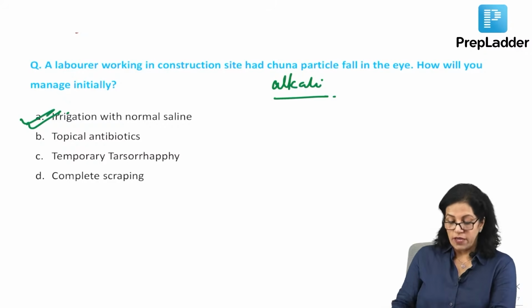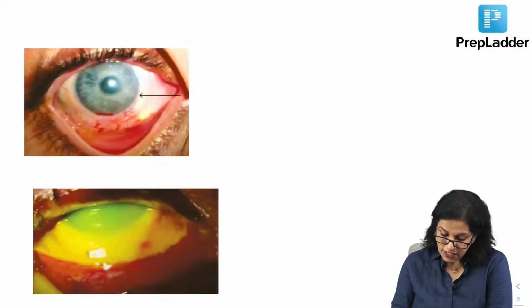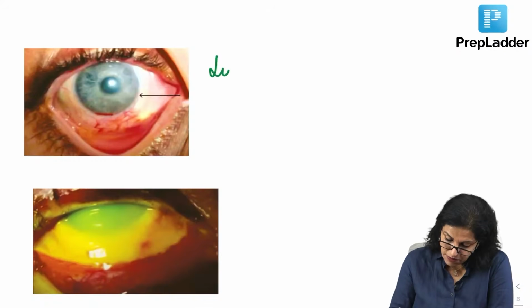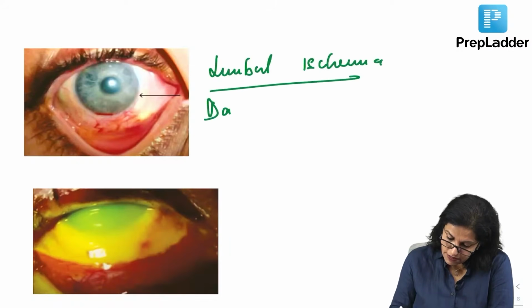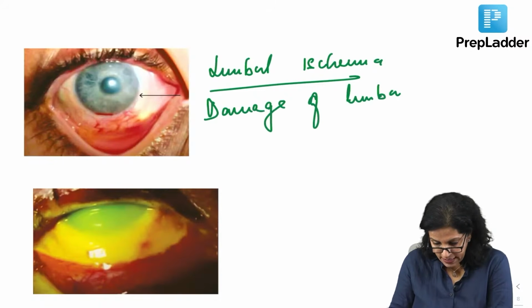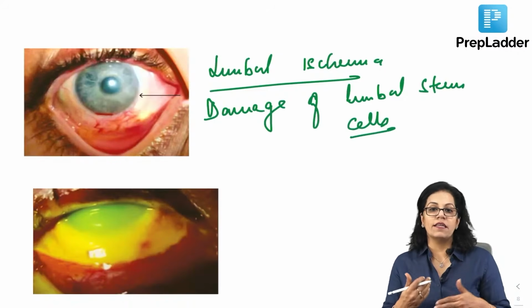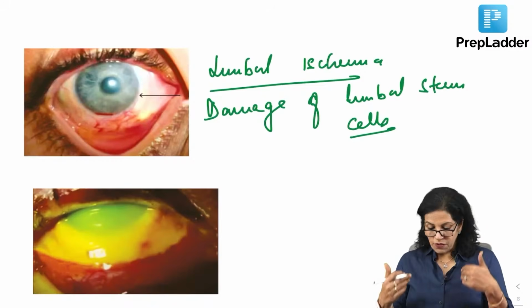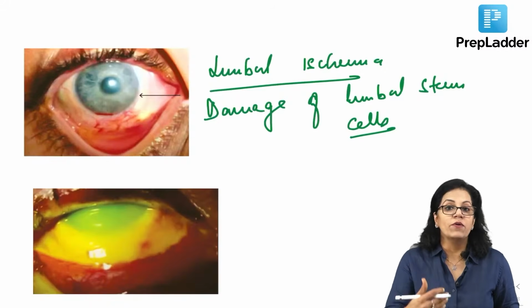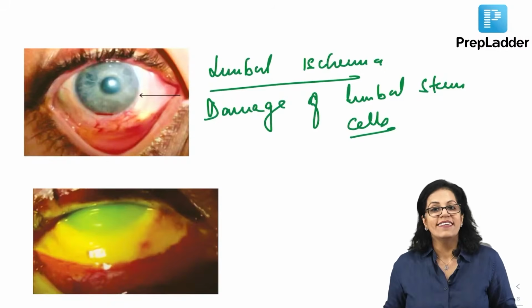Now we will revise something more here because it is asked. First of all, have a look. In this case, what happens when there is a chemical injury is limbal ischemia, right? When there is limbal ischemia, what is mainly being damaged is the stem cells. Limbal stem cells are damaged. What is the role of limbal stem cells? All the epithelial lining of the cornea regenerates from these cells, which will not happen, and slowly even the conjunctiva, which normally does not grow over the cornea, starts growing over the cornea. So these are some of the changes that will happen when there is damage of the limbal stem cells.